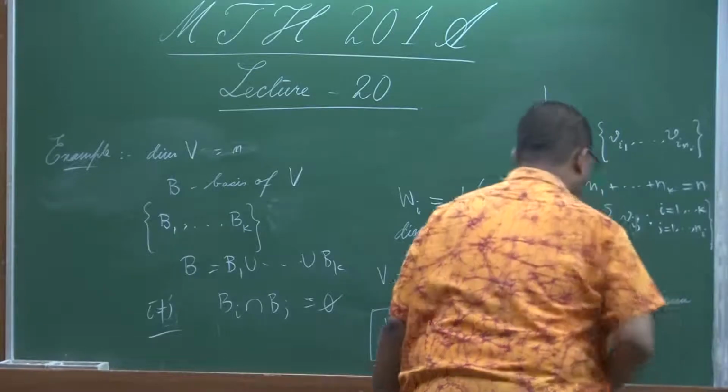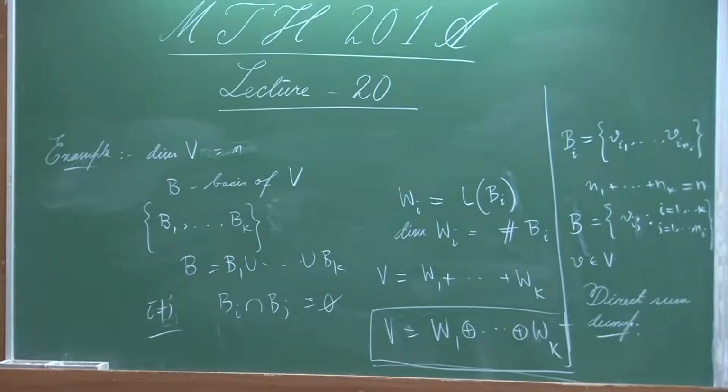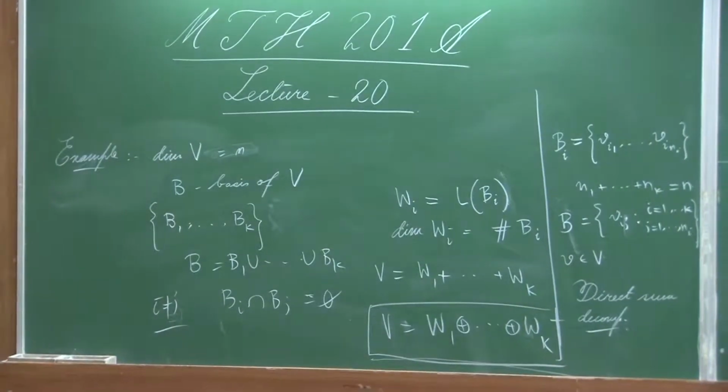I repeat, by a direct sum decomposition of V into Wi's, that means the sum of the Wi's will be V and the sum is direct. Okay. So, given a vector space. So, as I said that